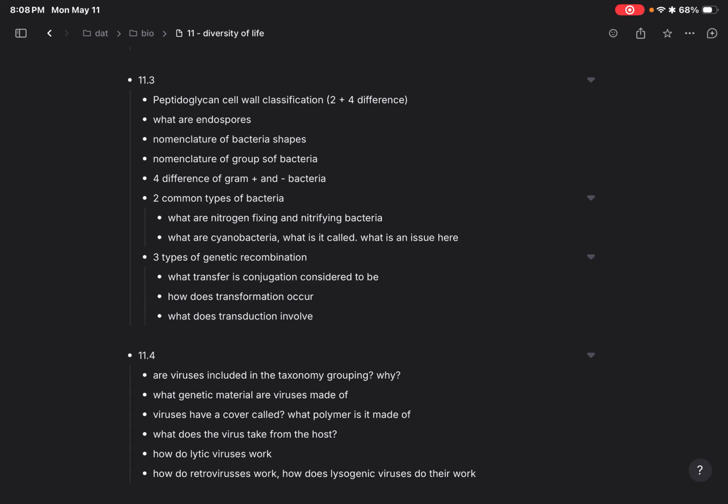Gram positive is purple because of the stain color, that's how I remember it. If you're negative, that means you don't get the stain, kind of. So that means you have